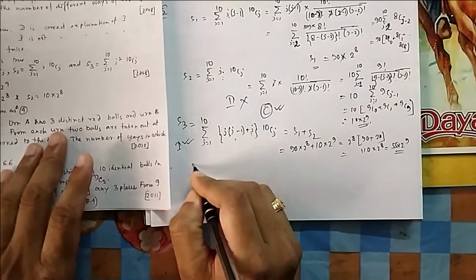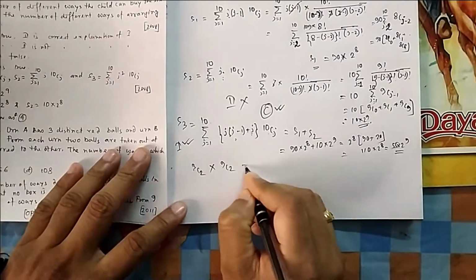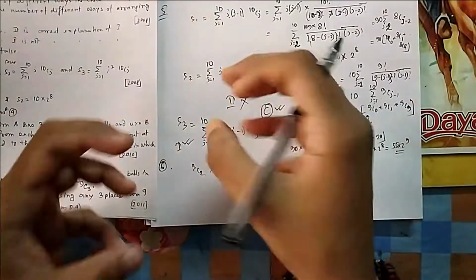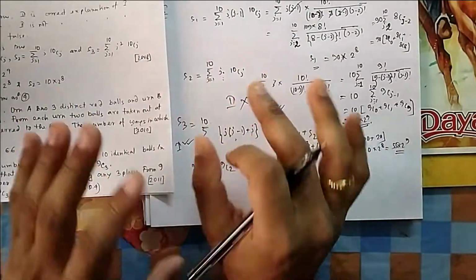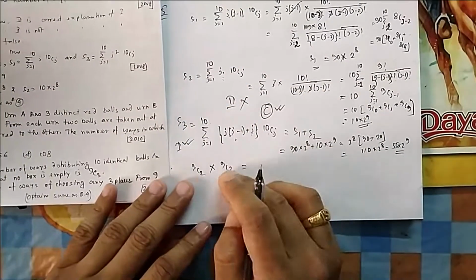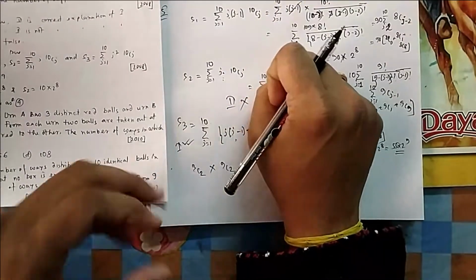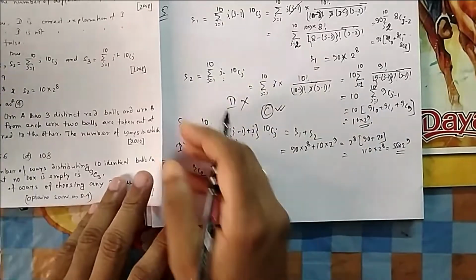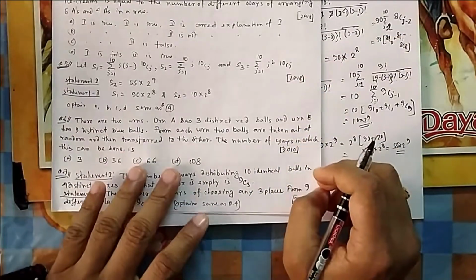So you choose 2 from this one, that is 3C2, and side by side you choose 2 from that one, 9C2. That is your answer, because just selection is necessary. Once you collect these 2, you drop this one here and this one there. That's it, so no order is there. If there were an order, then you would have to multiply by 2 because one can start from this hand, or from that hand. But because that is not mentioned here, the order doesn't matter, since from each urn you take at random and transfer to the other.